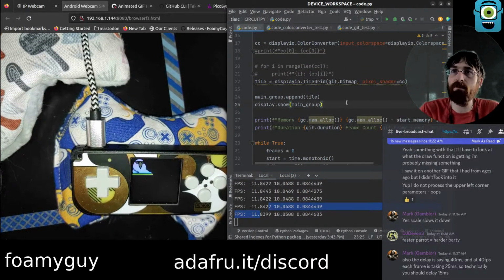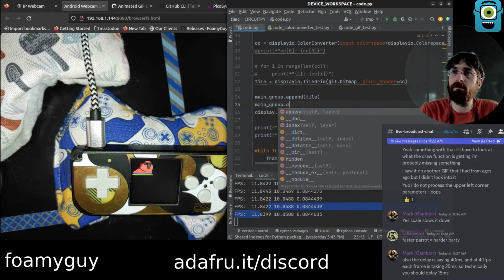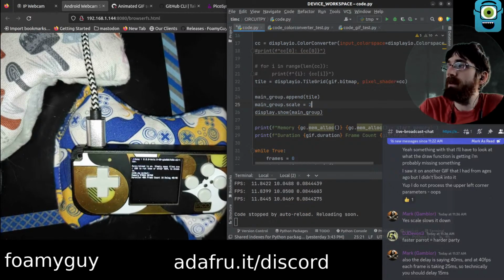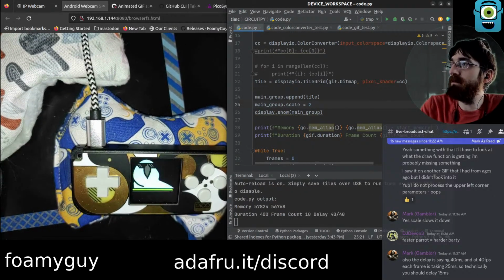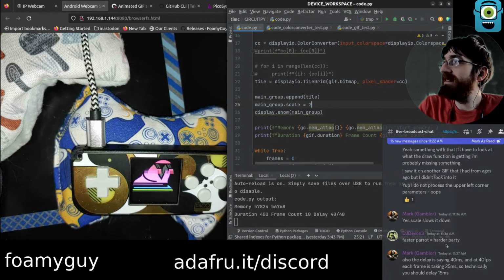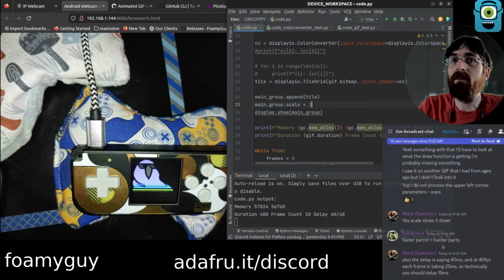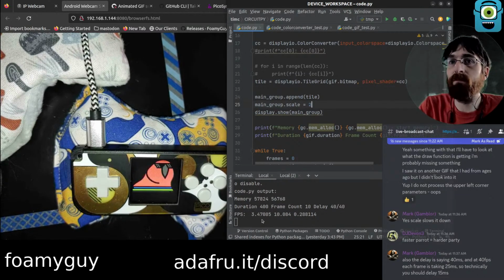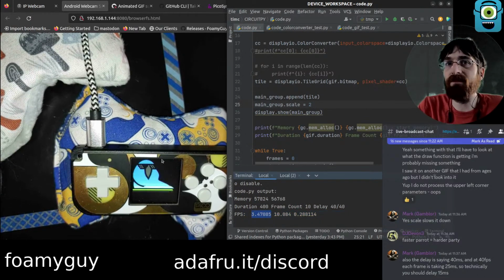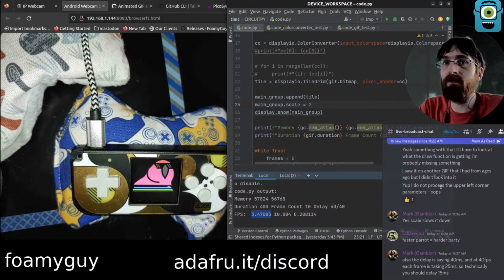Curious if scale changes anything. Delay is saying faster parrot equals harder parrot. Harder party, that's true. Scale slows it down, okay. Oh yeah, quite a bit slower. See what it prints here. Back down to 3, which is about what we saw for the full size one. We're a little bit faster because we're not quite full size. There's actually a chunk there that's...